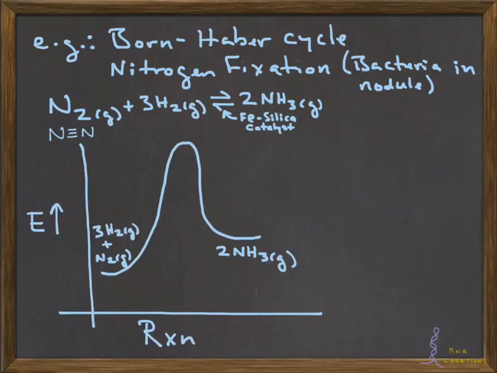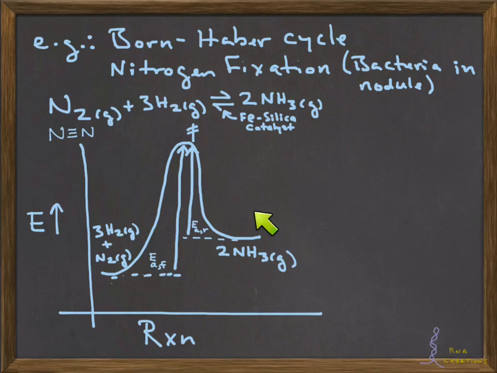So here we provide a reaction energy diagram, a plot again of energy versus progress of the reaction. We have our 2 reactants on the left and our 2 equivalents of ammonia product on the right. And the transition state, as you know, is the highest point on this reaction trajectory. And the activation energy, E sub A, in the forward direction, or E sub A comma F, is the difference in energy between the transition state and the reactant state.